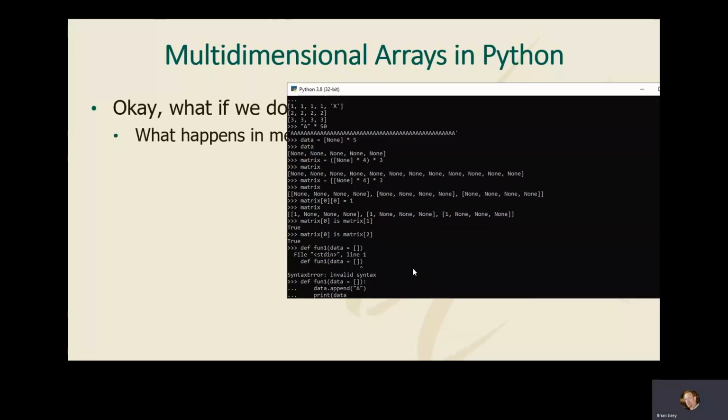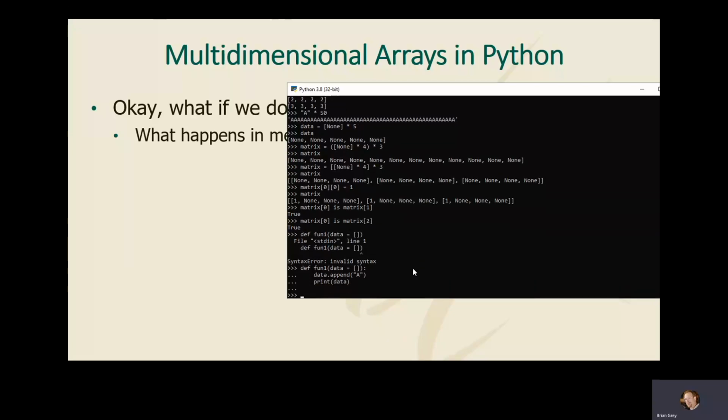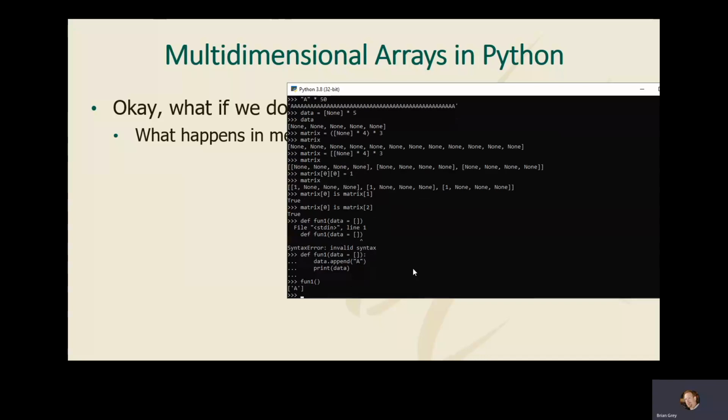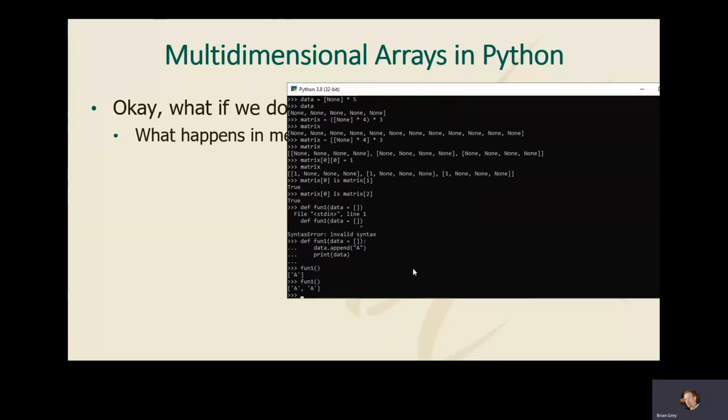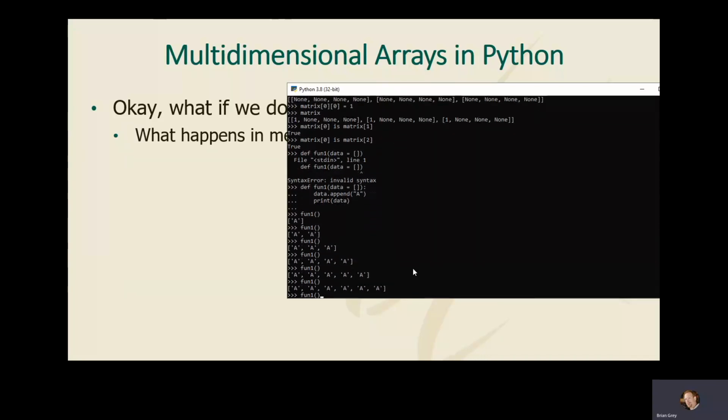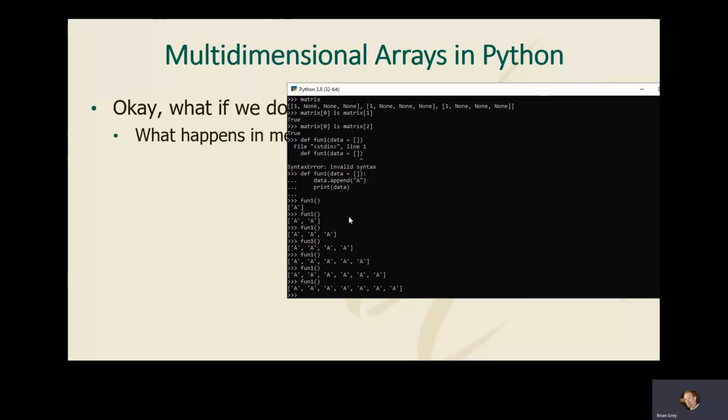So you define a function where you have a default parameter that is a list literal, and then you alter that list in some way during the function. And this works for parameters too, right? So we're going to call fun1 with the default parameter, and it should be a list with A printed out. And it is. And we call it again, and it keeps adding to it, because